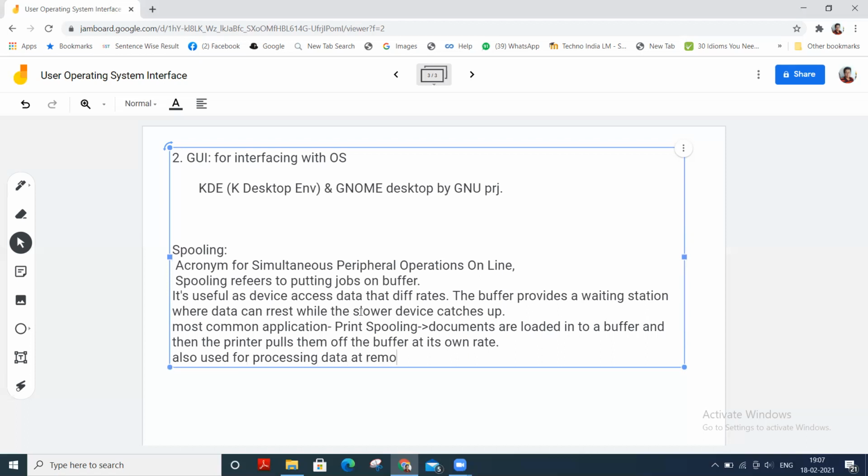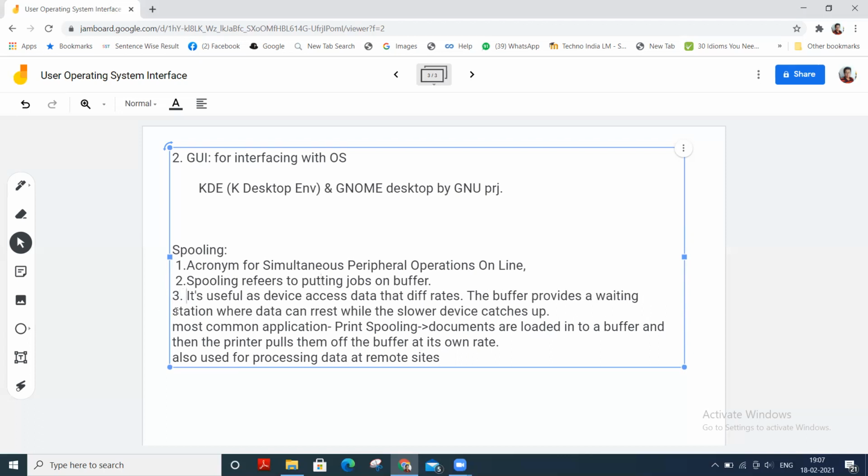The CPU sends the data via a communications path to a remote printer.